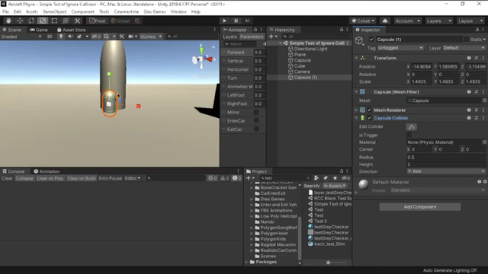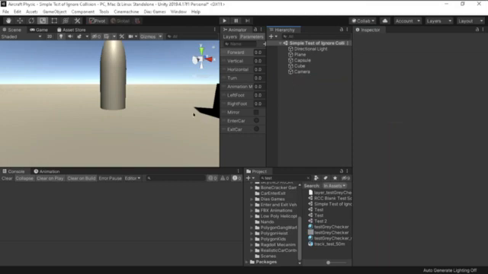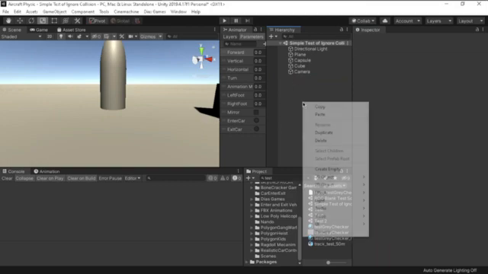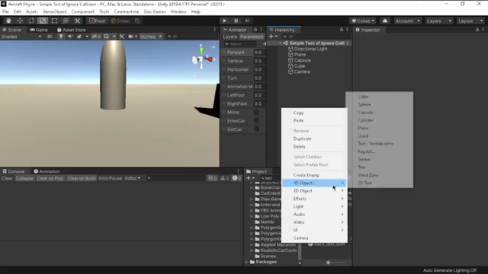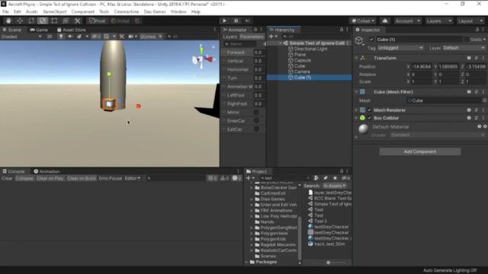I think I need to show you another thing. You already have this capsule, just keep it inside your scene. Because I have one, I don't need another one, so I will just delete it. If you're going to add another object, just right click inside your hierarchy, then create 3D, and find another object, let's say a cube. Like before, just hit R on your keyboard